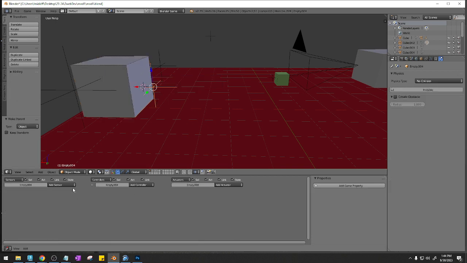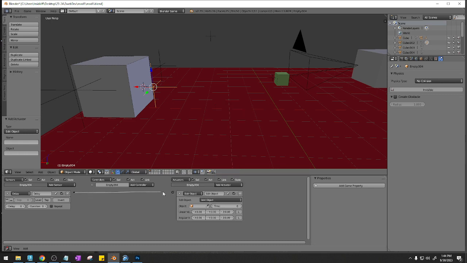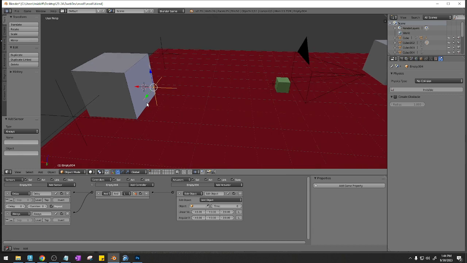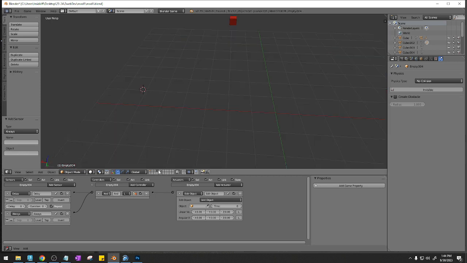Now this object is going to, on a delay, edit object, add object. Always. Repeat. All right, this might work without an always, so I might delete that in the end, but I need to make a bullet for this enemy that's going to be fired on the negative x-axis, because that's the one that points forward on this guy. So I'm going to go to an empty layer, and I'm going to Shift S, cursor to center,